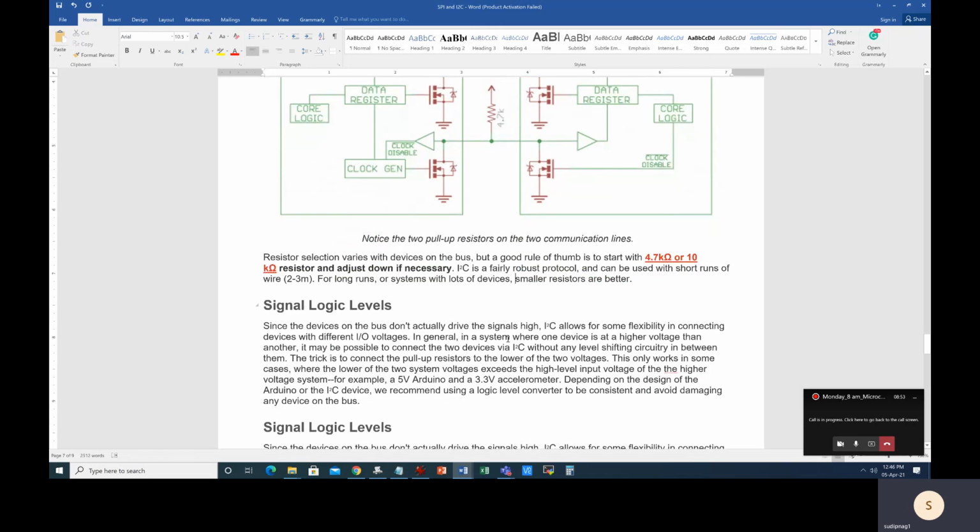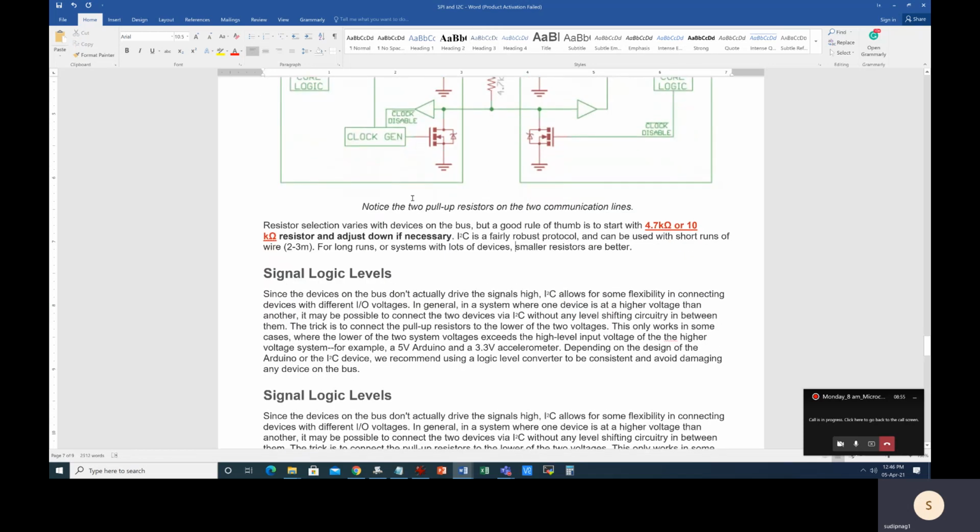So logic signal levels depend on what the VDD level is with respect to ground. There are 1.8 volt I2C devices also available, but the most commonly used I2C VDD choice is 3.3 volt. There are different chips available in the market, such as accelerometers, light sensors and memory devices.